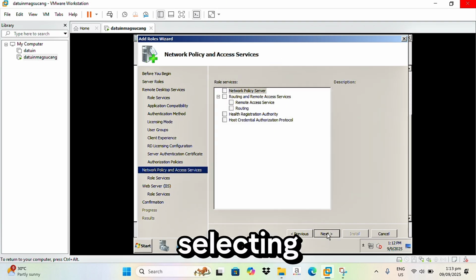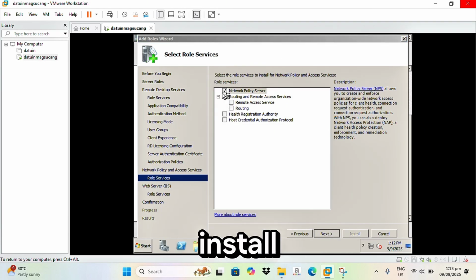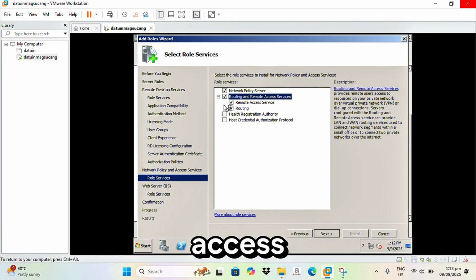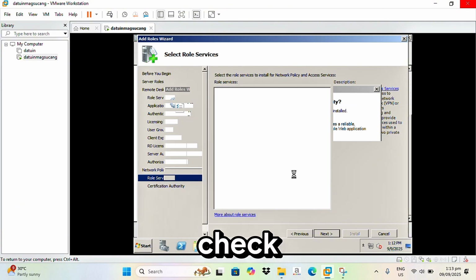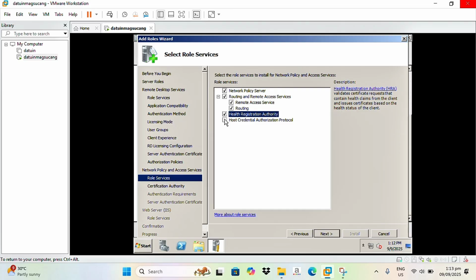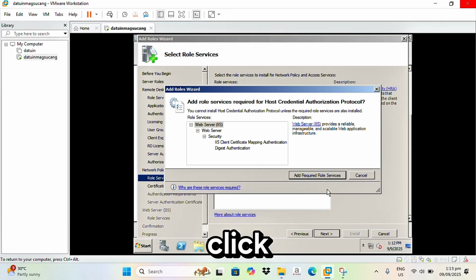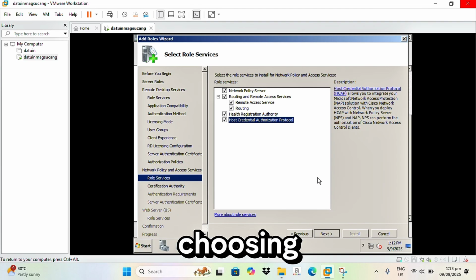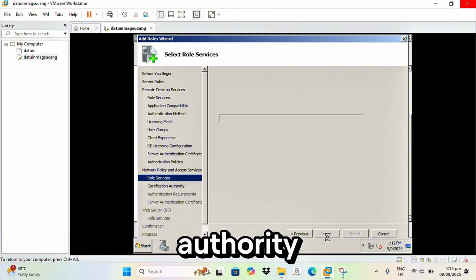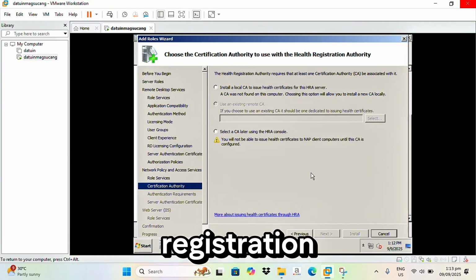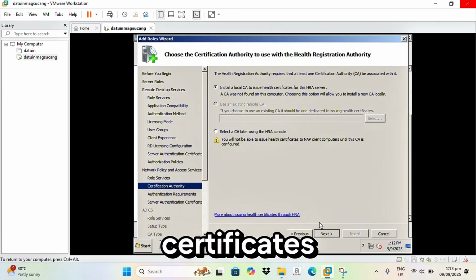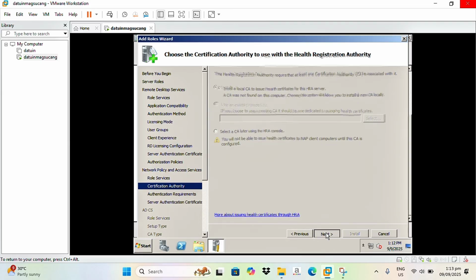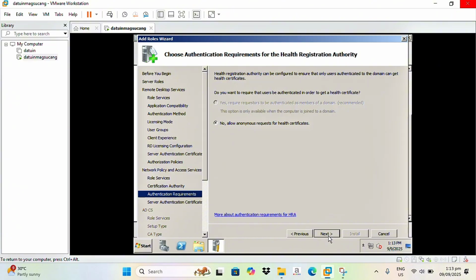And in selecting the role services to install for network policy and access services, just check all the checkboxes. And after that, click next. And then for choosing the certification authority to use with the health registration authority, we choose install a local CA to issue health certificates for this HRA server.